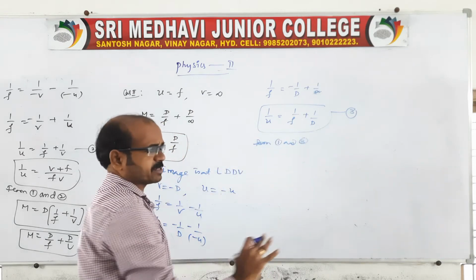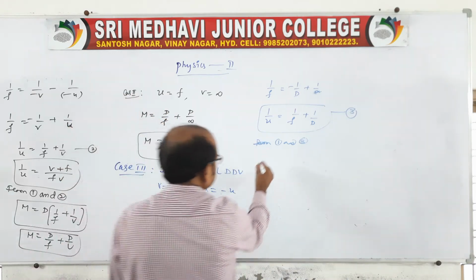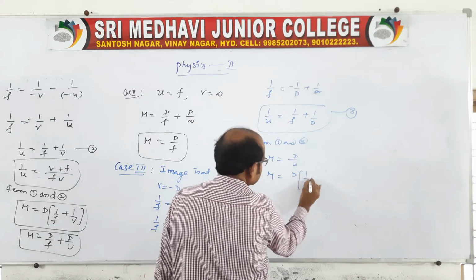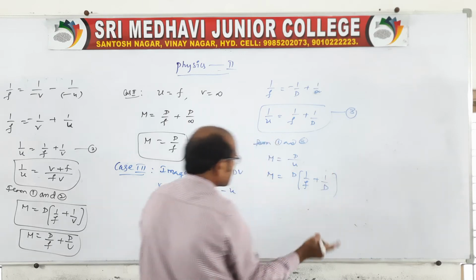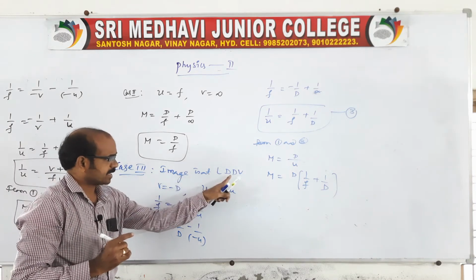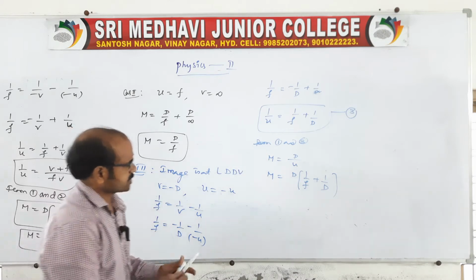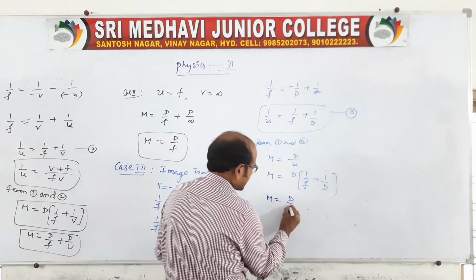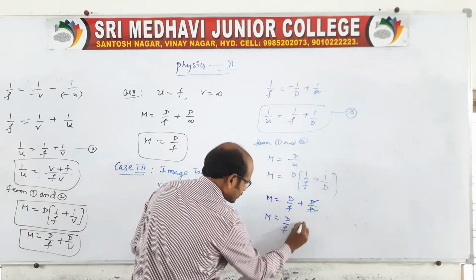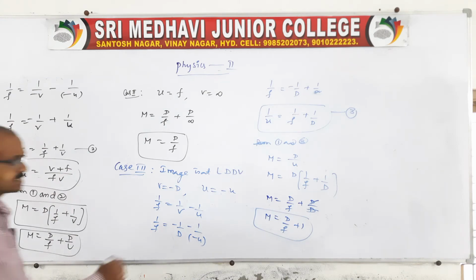So this is the clear information related to the simple microscope. What we are discussing here: capital M is equal to d by u, then capital M is equal to d times 1 by u, which is nothing but 1 by f plus 1 by d. When the object is at u and the image is formed at LDDV, the image will be minus d. Now finally, you multiply like this: capital M is equal to d by f plus d by d. Simply, you cancel. Capital M is equal to d by f plus 1.